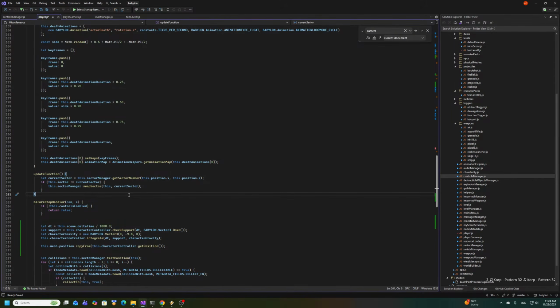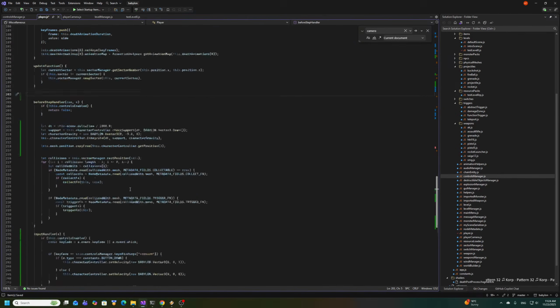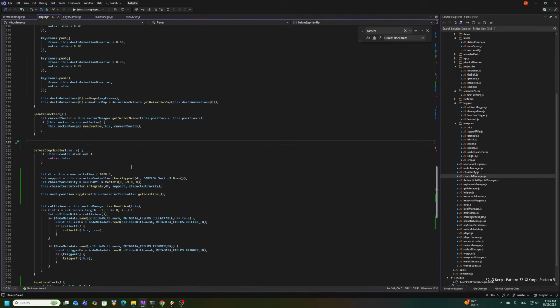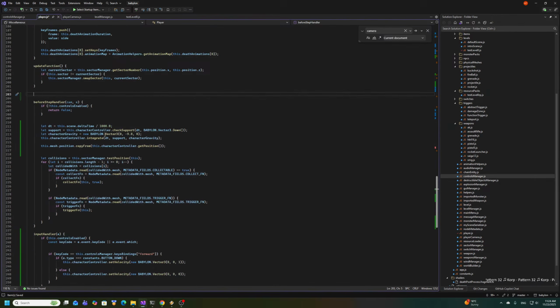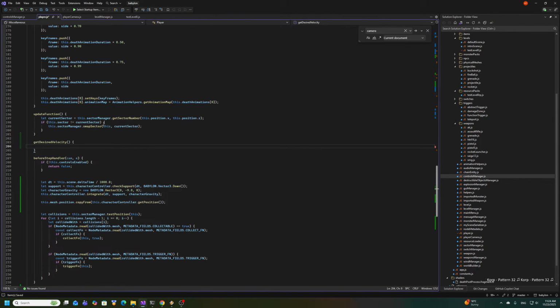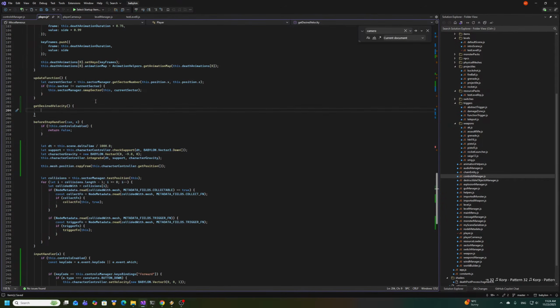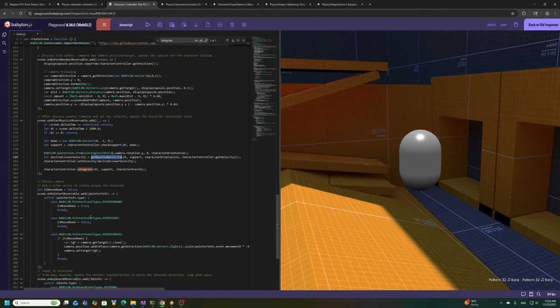We actually have a nice update function, but we probably don't really need this. That's okay, we'll consolidate it later. Get desired velocity and yeah, let's do